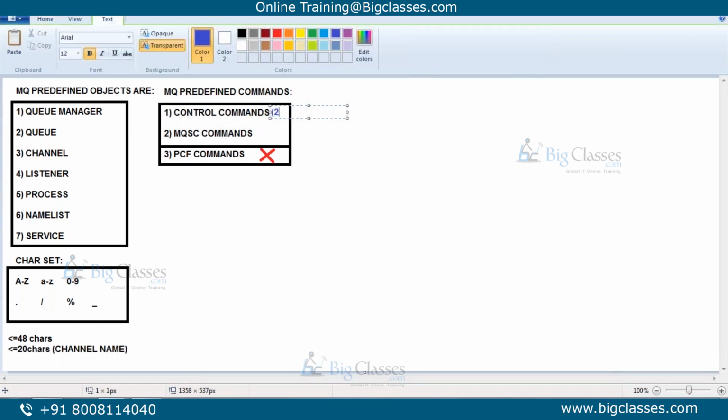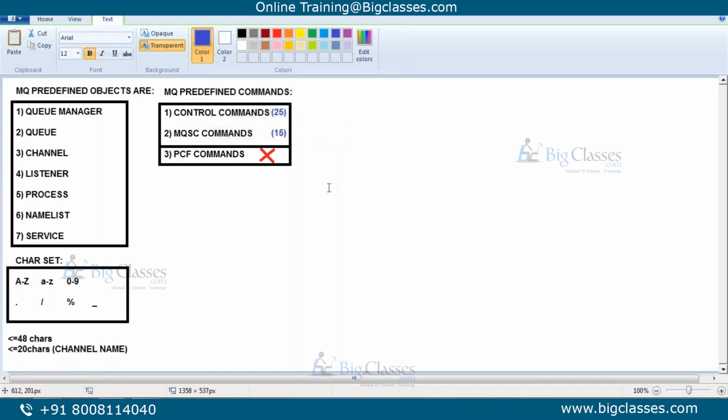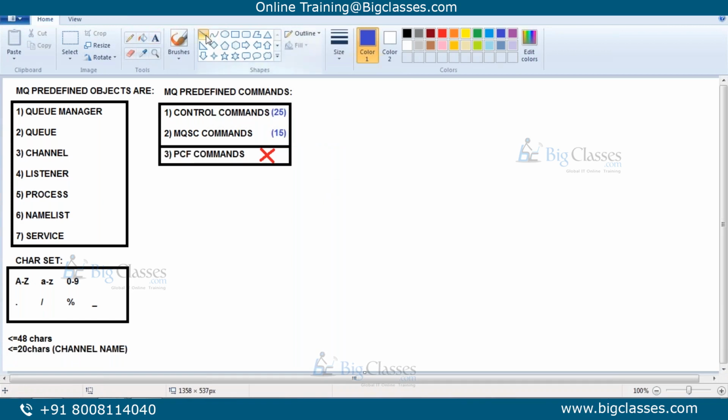As an administrator, no need to work with the PCF commands. They are all used by the programs to administrate the objects on the server at runtime. We need to grant the authorities, otherwise the programs can't do anything. That's one thing I really need to understand clearly, because from my application perspective also. I will show you that. Don't worry.